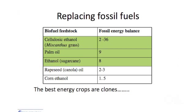Oil crops are often better than that. So rapeseed oil, for example, is decent at around 2 or 3 or so. But really, to get up to the really high-value energy crops, we need to look at much more recently domesticated plants, such as sugarcane, which is one of the biggest biofuel crops in the world, palm oil, which